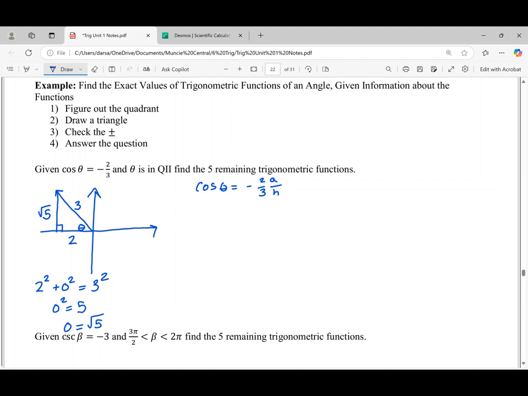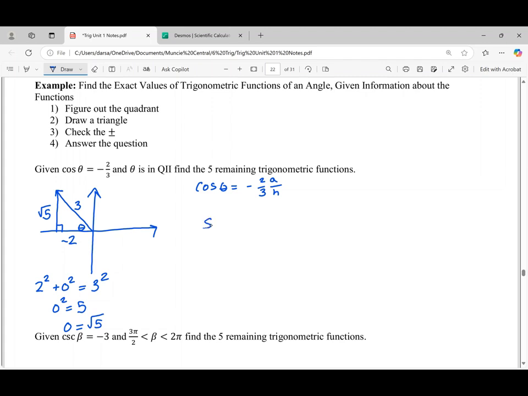Step 3 is make sure that you're looking for those pluses and minuses. Are any of these sides supposed to be negative? Well, the 2 we can see goes to the left on the negative x-axis, so this 2 needs to be negative. Now we need to answer the question, and this one is saying find all 5 of the remaining trigonometric